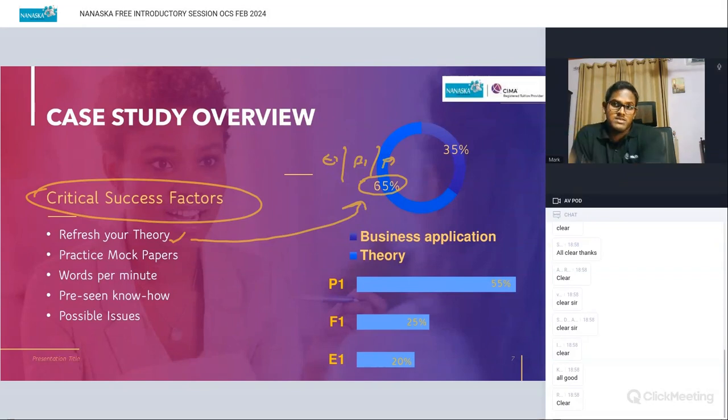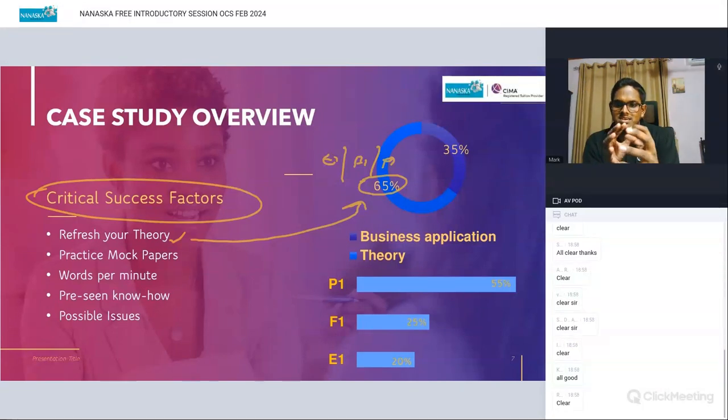He will give you a chart and ask, what is the optimal production plan? What is the shadow price if there is an additional amount of materials available? How much should I produce? Can you answer that without knowing the theory? No. That's where the catch is. So some might think, this is a case study, why do you want theory? You need theory. From that theory only you come to the application.